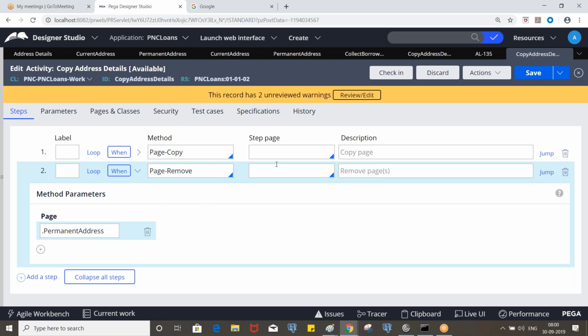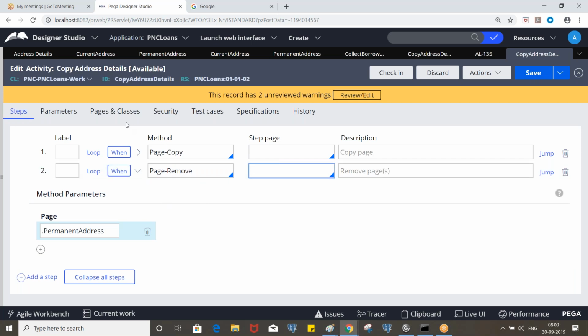So we can also put it here, but for that you need to define it in the pages and classes. Note down about these two methods, page copy and page remove. Page copy is used to copy the data from one page to another page, and page remove is used to remove the clipboard page.